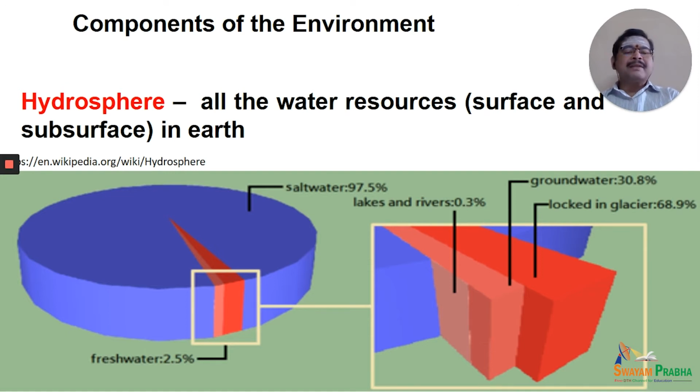sealed beneath the surface as underground water, and the free flowing water or the stagnating freshwater in the forms of lakes is about 0.3%. So this 0.3%, imagine our life is totally dependent on the 0.3% of the water that is available on this earth. All our activities, right from drinking, domestic, or in the form of agriculture, is being carried out in this 0.3%